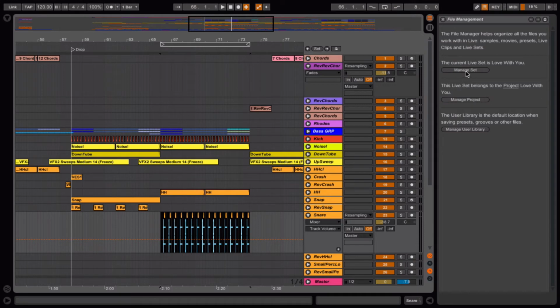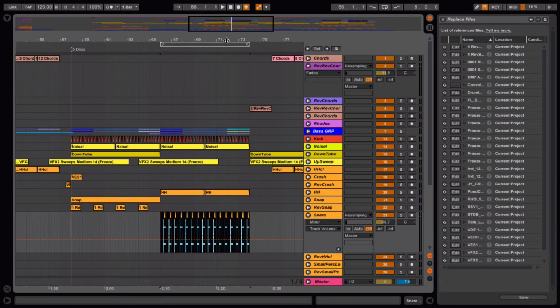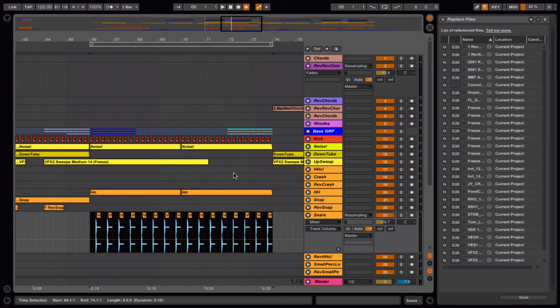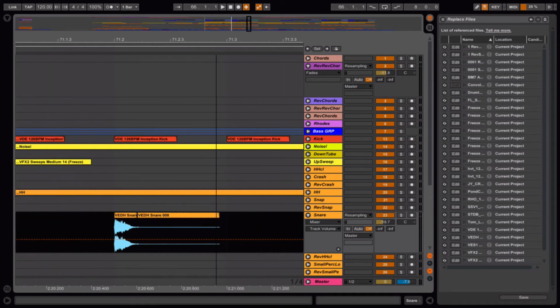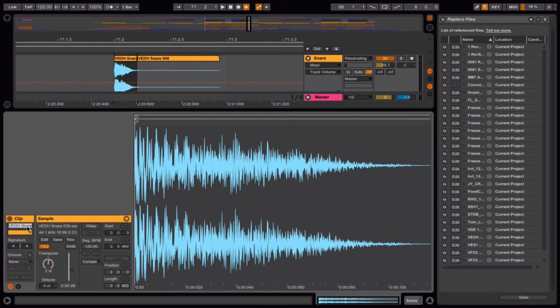Anyway, so manage set, view files, then find the file associated with each one of these. I think I didn't rename the file, so whatever this is called, it looks like it's a Vengeance one, Snare 08. So if I find that here,